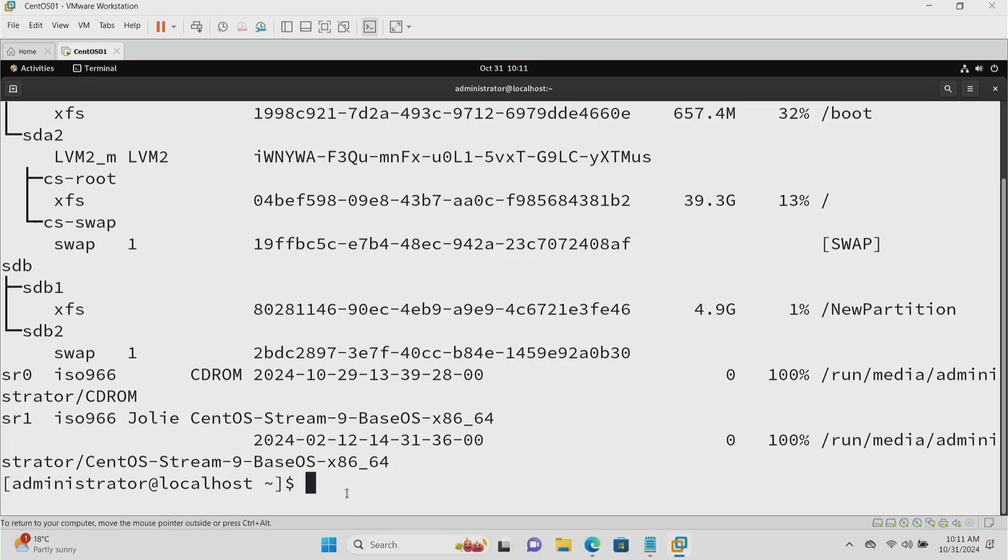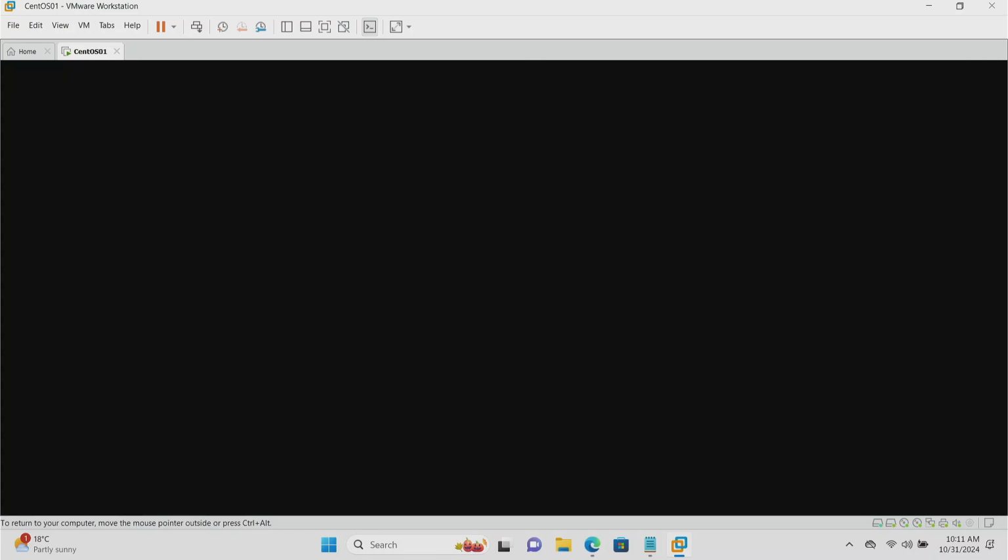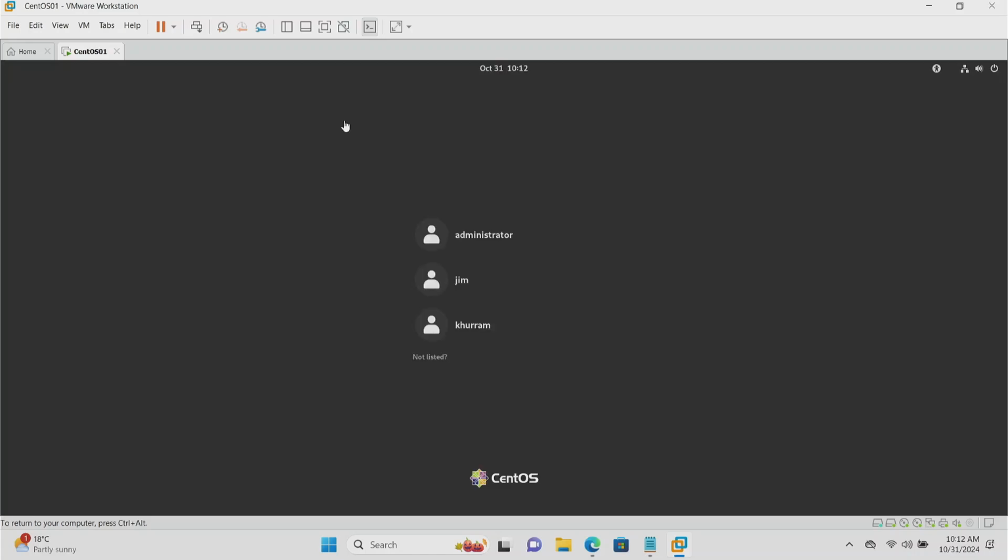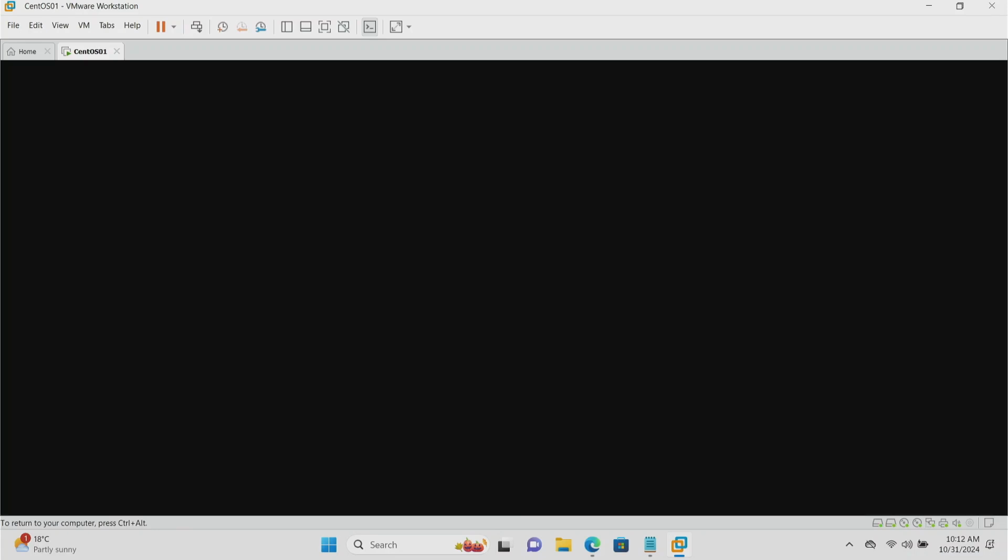Now, I want you to observe a behavior. So I'm going to say reboot here and just reboot my system. And what I want to actually prove is that mount command is a runtime command. It is not a permanent configuration. When my computer reboots, that connection between the directory and the device that's made through the mount command simply unplugs that connection. So when I go ahead and reboot and sign back in,